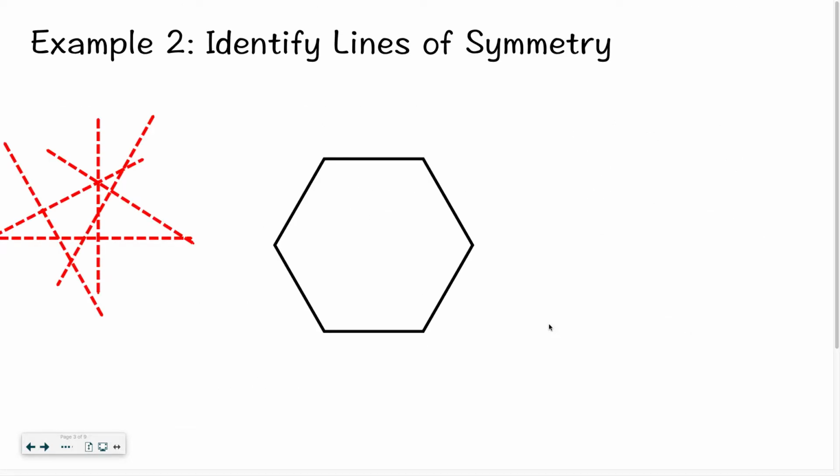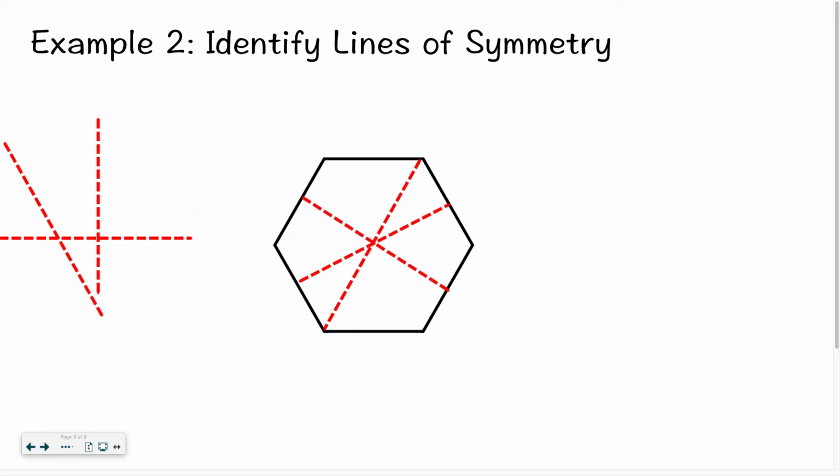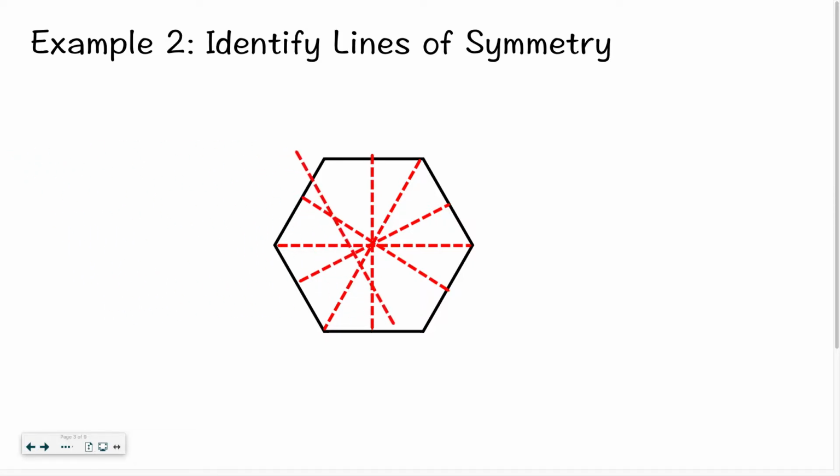So example 2, identify lines of symmetry. Here we have a hexagon, we have 6 sides. When you have a regular figure, however many sides they have, that is how many lines of reflectional symmetry they have. So if I take all of these and move them, you can see that all of these would be considered lines of reflection. So those 6 lines,